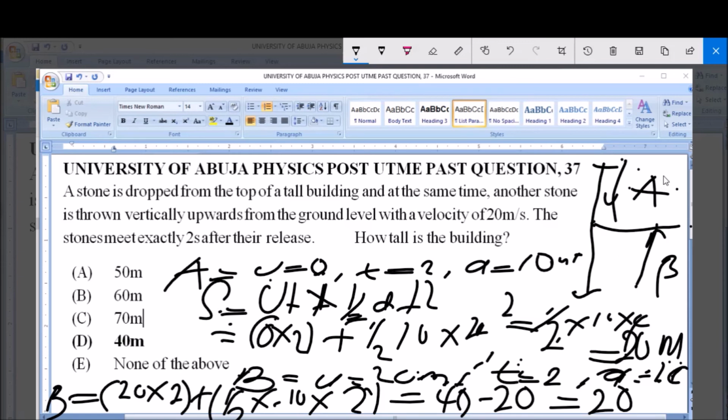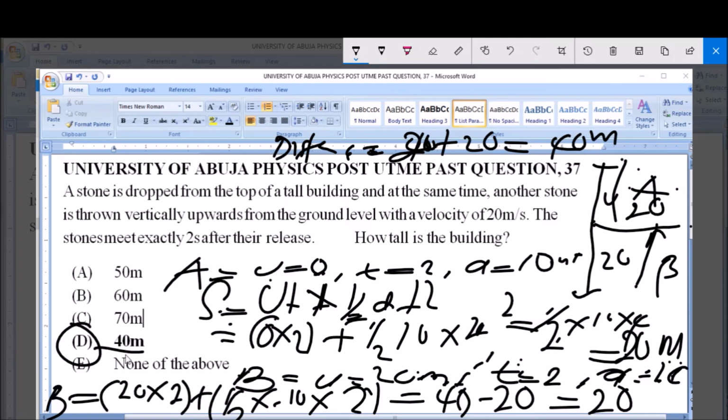Now you have that from here to here it is 20, and from here to here is also 20. So what we do simply is to sum up. So we have that our total distance now becomes 20 plus 20, for A and for B, which will give you 40 meters, and that's the same thing as option D, 40 meters. So option D is the correct